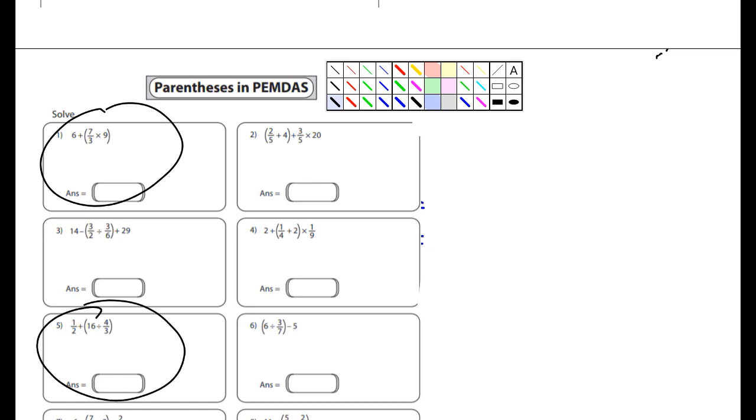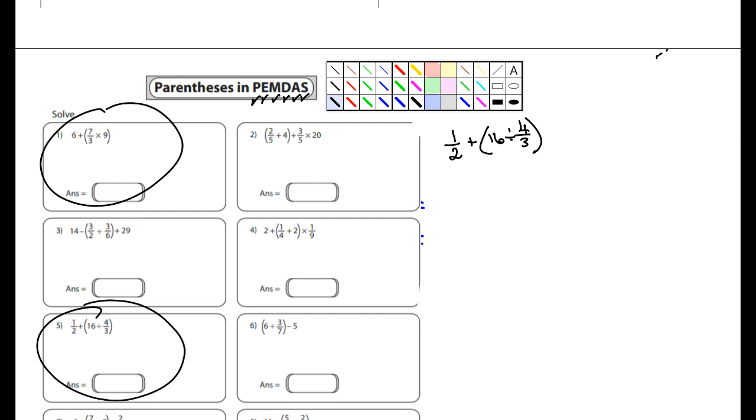So, we're talking about PEMDAS, order of operations, and P stands for parentheses. You would do the parentheses first, and then followed by exponents, and then multiplication, division, then addition and subtraction. So we've got something here, number 5. Let's rewrite this so we can look at it here. So this is 1/2, and it's adding what's in parentheses. It's 16 divided by